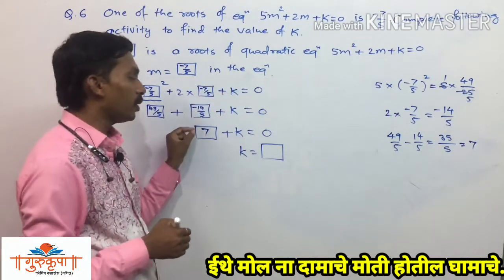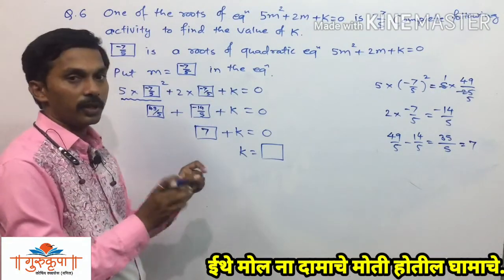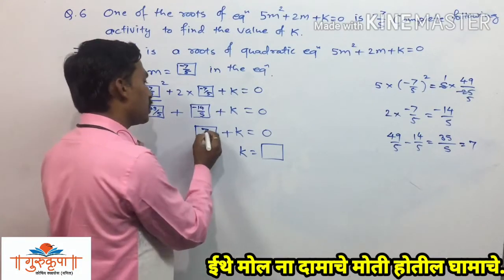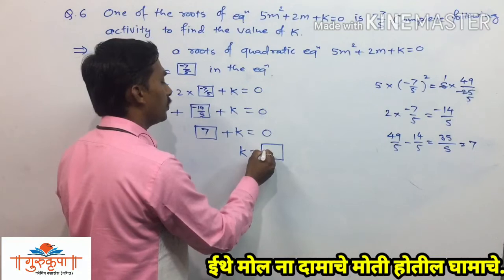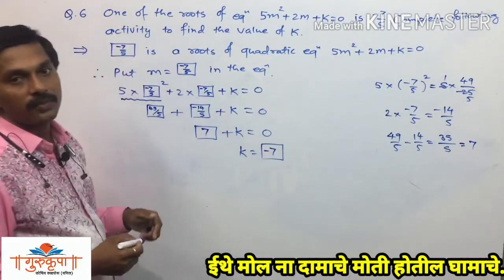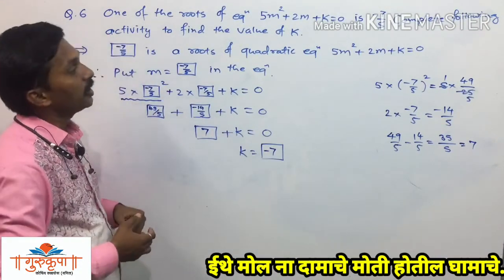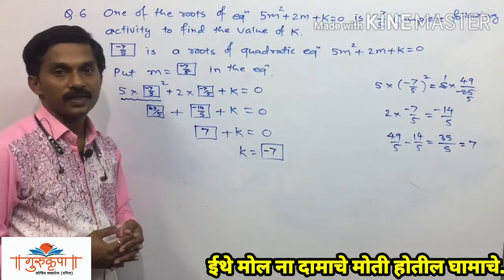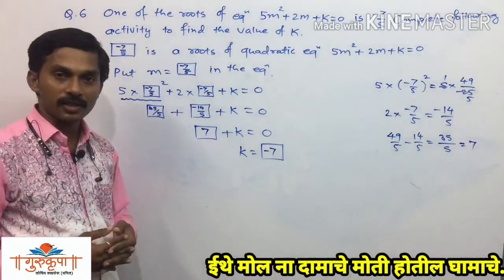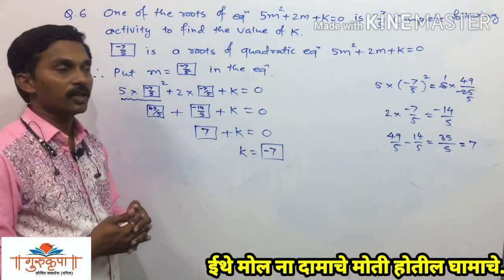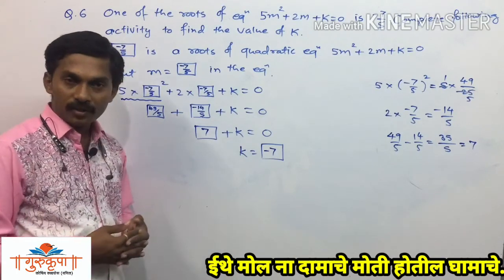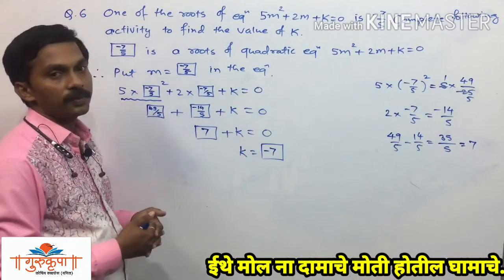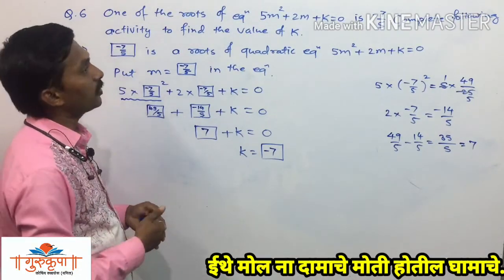If you put 35 upon 5 there, I think it may be wrong. You have to put the proper number there, and it is 7. Now transfer this 7 to the right side and it will become k is equal to minus 7. So this is all about this activity, and here we complete practice set 2.1, which depends upon three concepts: the definition of the quadratic equation, the standard form of the quadratic equation, and last but not least, the third concept, the root or solution of the quadratic equation.